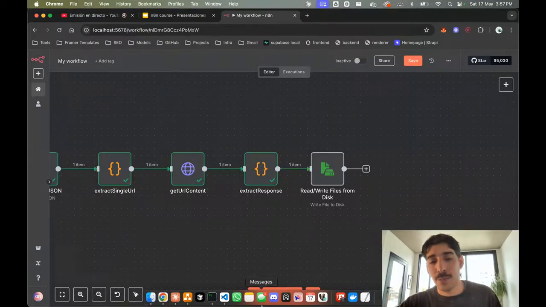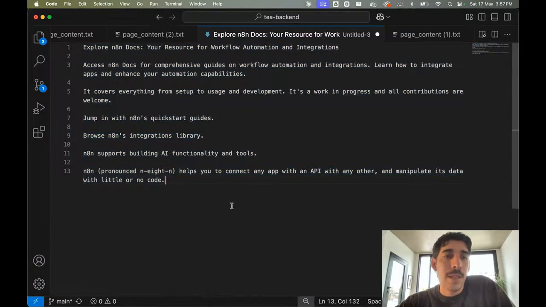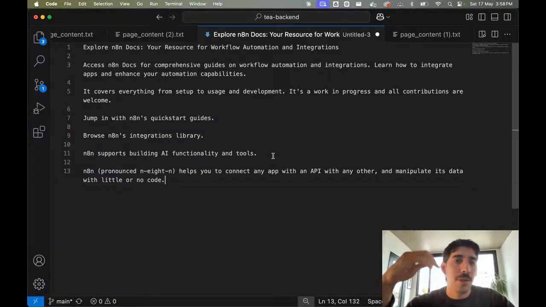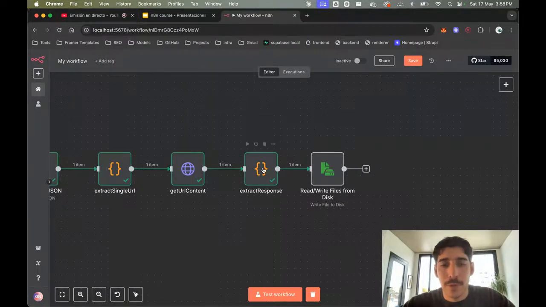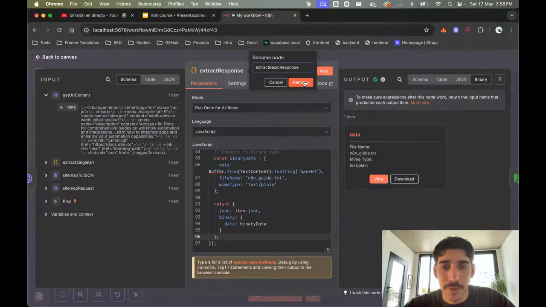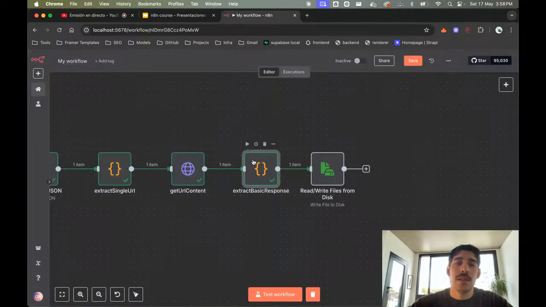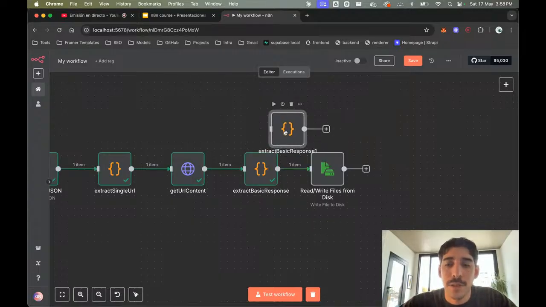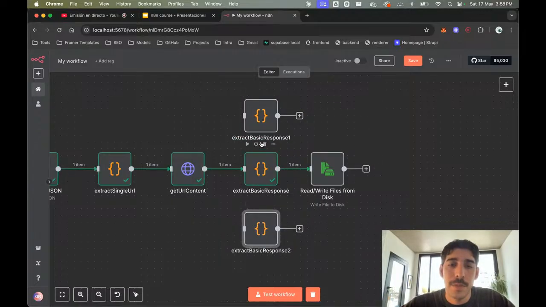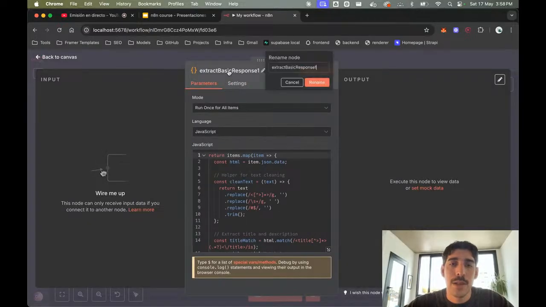So anyway, this is what we are able to do. Let's say you go through a loop, you extract 50 pages, you go with this one, or maybe this is where you extract, let's call it a basic response. Let's say you have different versions of it. You have this one, and maybe you have this one. Extract.